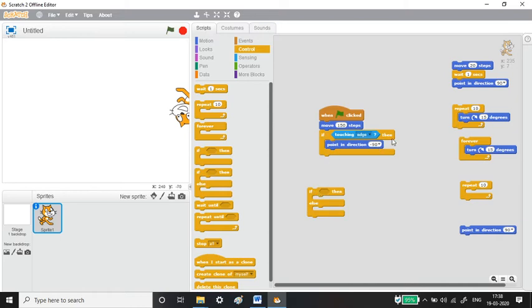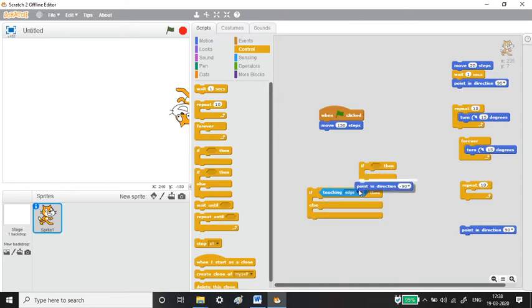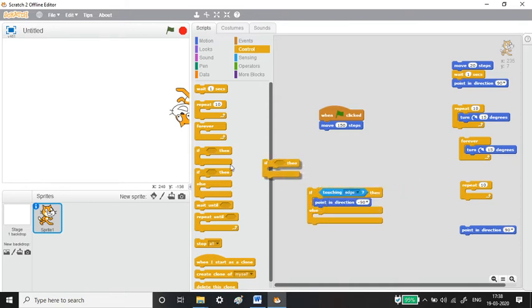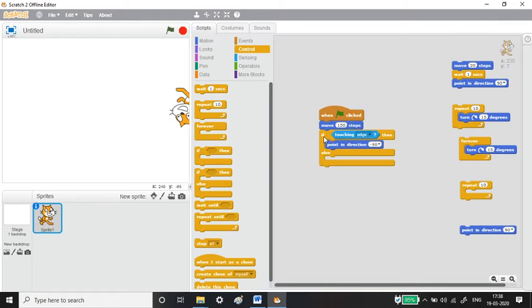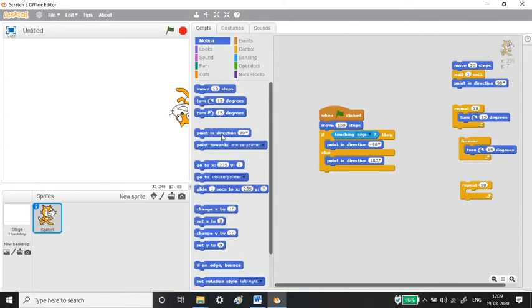Now comes the if then else. Here only the positive works. If the condition passes, then it does this job. Else, if it does not pass the condition, then it does another job. That is what is here. See here, same thing, I am taking this out and placing point minus 90 degrees. If the condition fails, then it has to point downwards. Let us keep downwards, that is 180 degrees. Let me make it face right itself.